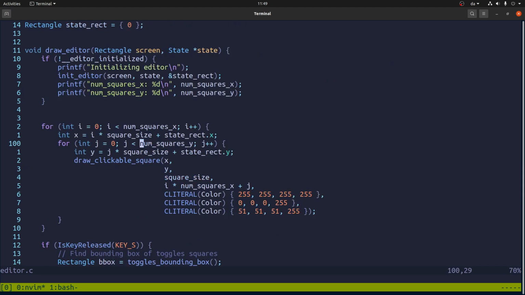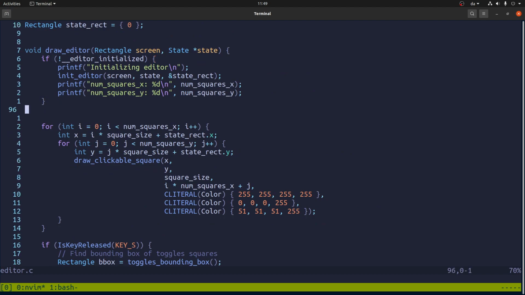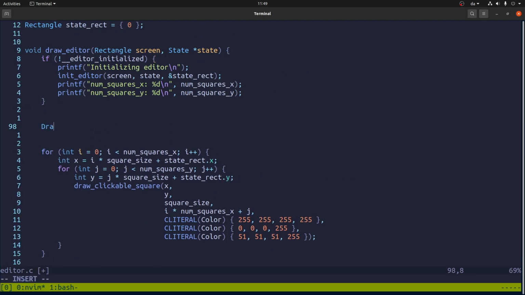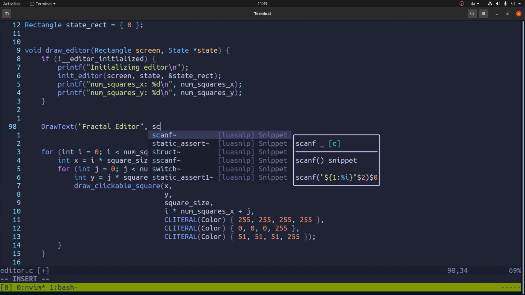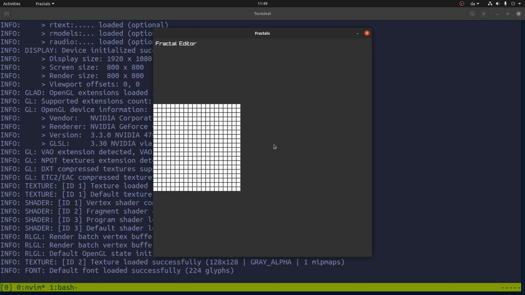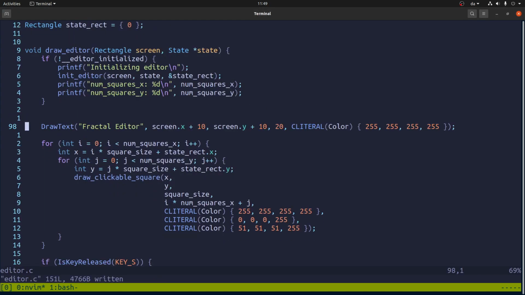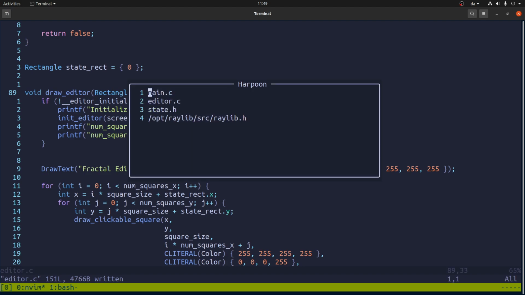Also, you know what we can do? We can say draw text editor, fractal editor, and let's draw it at screen.x plus 10, screen.y plus 10, and we'll say to write text. Great. So the whole point in always using this screen variable, this rectangle that we get here, is that we can do things like